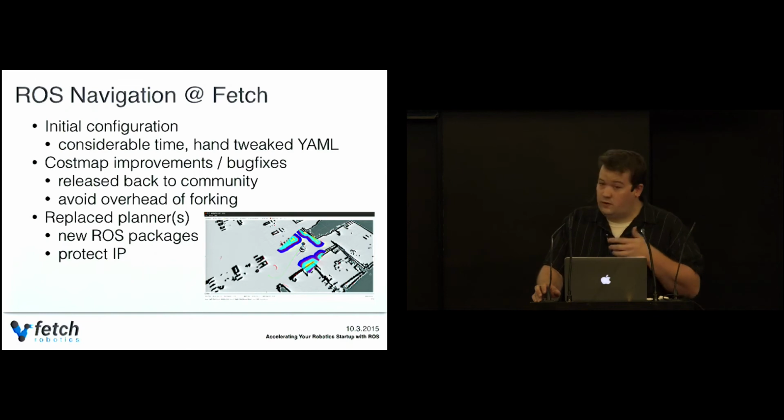And for this particular one, with the CostMap 2D, we decided we were going to release those back. However, we then moved on to replacing both the local and global planners, and those are actually closed source plugins that we load into our commercial version of the navigation stack. That allows us to protect that IP, where we've done a lot of work building something new that connects to the existing system, rather than extending an existing module.